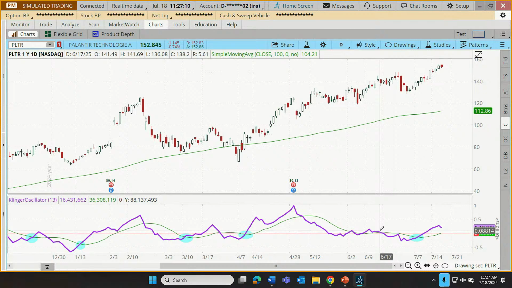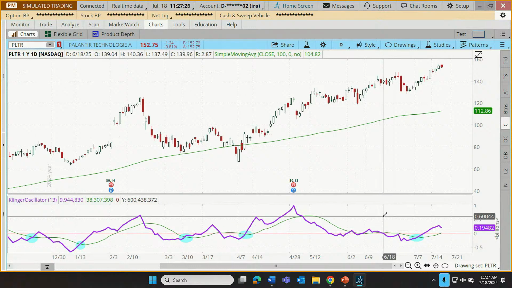Ooh, I got to tell you one other thing about 34 and 55. Just occurred to me seconds before this launch because it was bugging me and I figured it out. Anyway, the zero line is just telling us whether the 34 is above the 55, period. All right, so anyway,